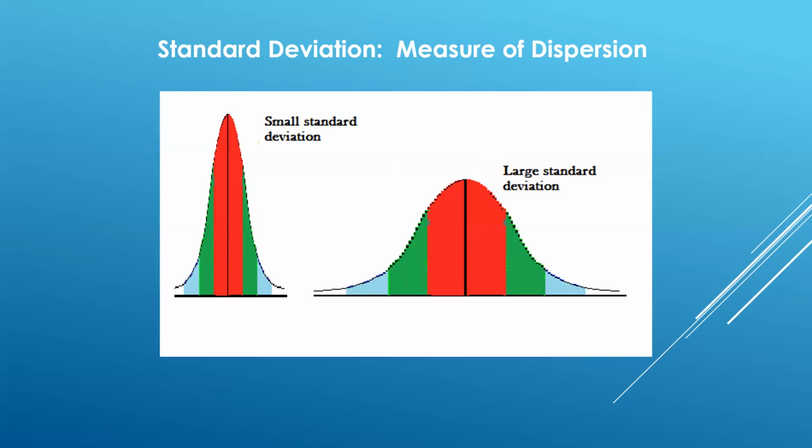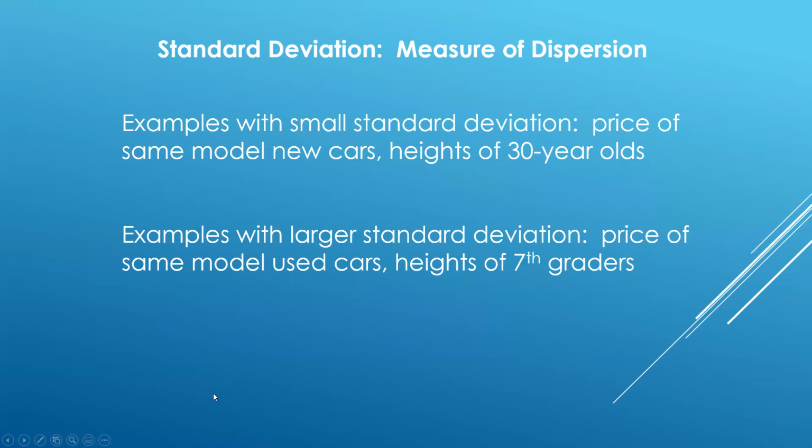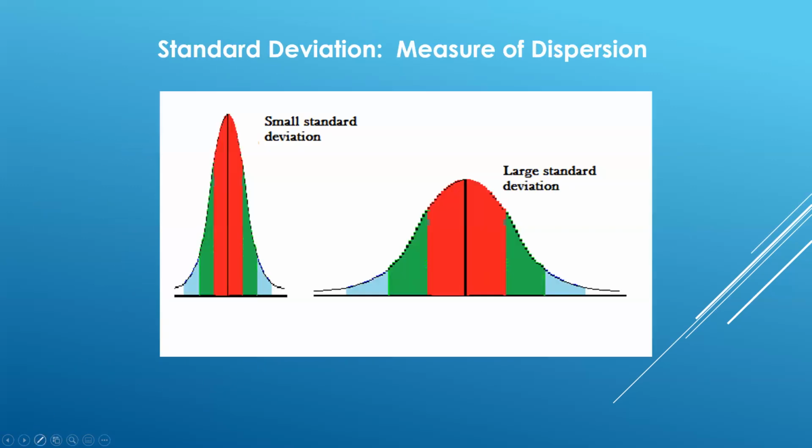I would never suggest anybody try to do it by hand. But you should be at least vaguely familiar with the formula, right? So standard deviation: your standard deviation is the sum of all of your data values minus the mean, squared, all over your sample size minus 1, and then the square root of that whole thing.